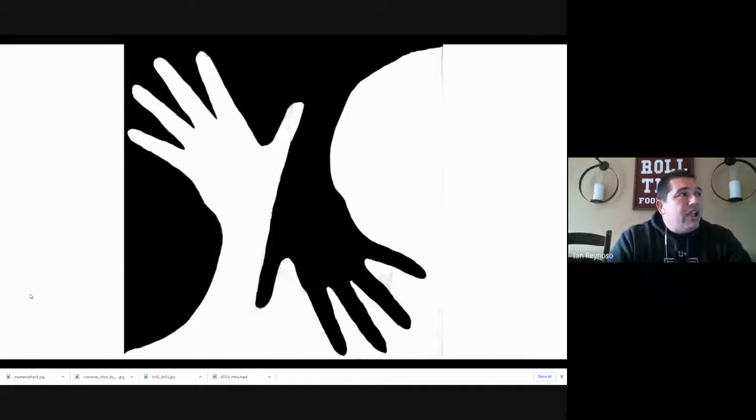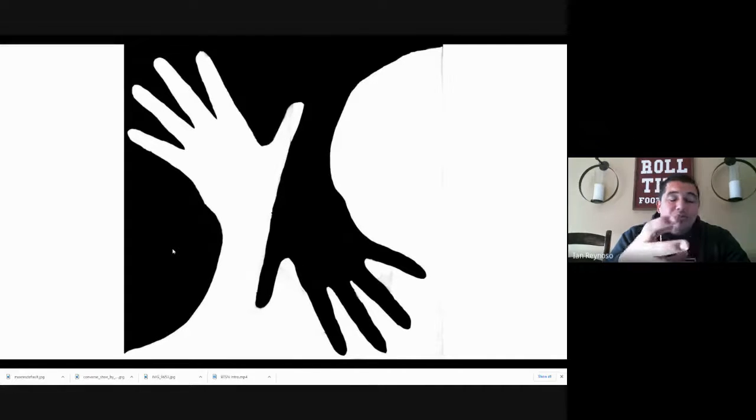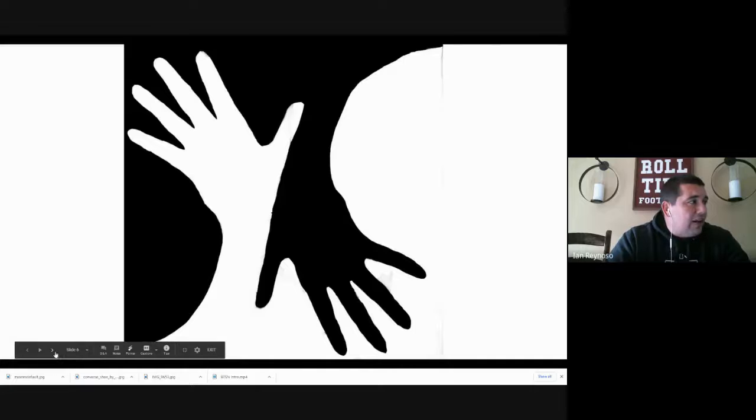Okay. What we can tell though is if this is a hand right here, the edge of the hand is created by the white of the other hand. Okay. So one of them is the emptiness, say the white, and then the black is the tangible object that we have in our negative space, or sorry, our positive space. Okay. Now how that applies to art and design,